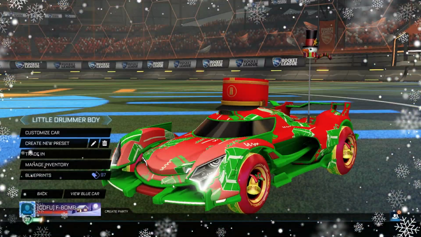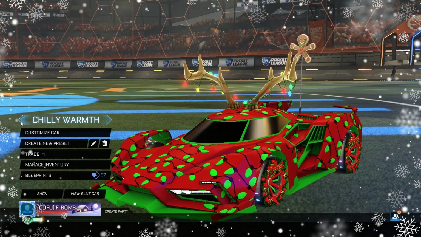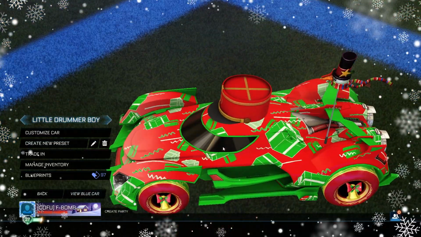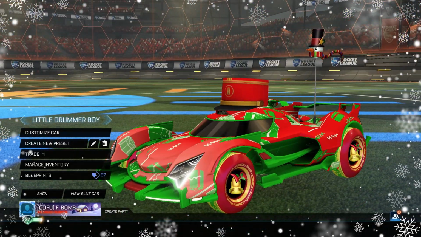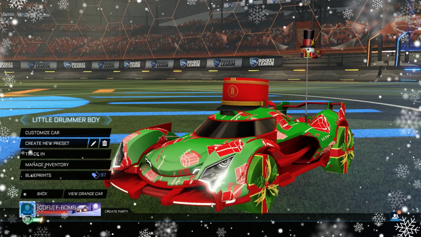Let me know what you guys think of this design down in the comments below. I really like this design. Out of the designs that we have so far, my favorite would probably have to be the little drummer boy, due to the fact that everything is matching pretty much perfectly on both sides, both the orange and the blue. Let me know what you guys think, but I really do like this design quite a